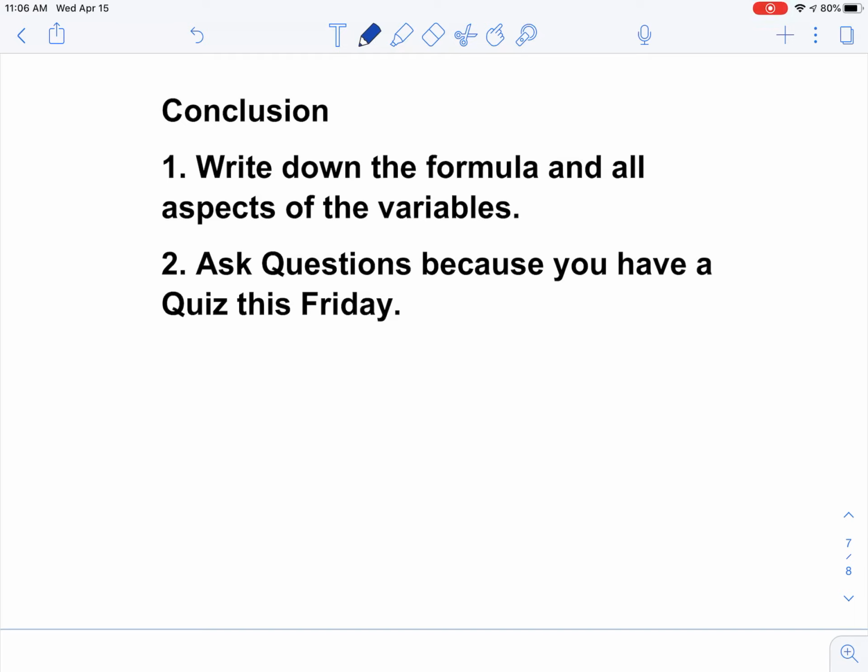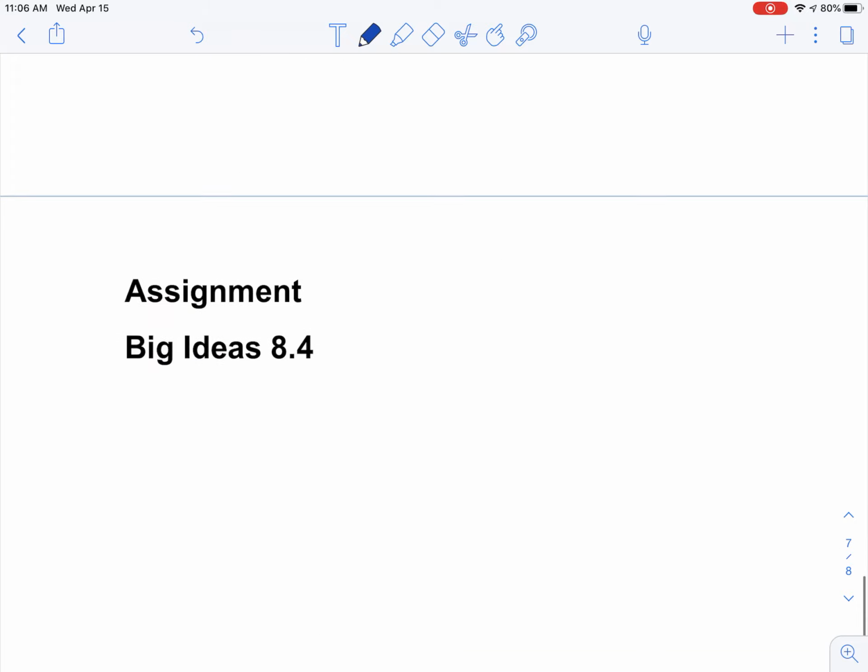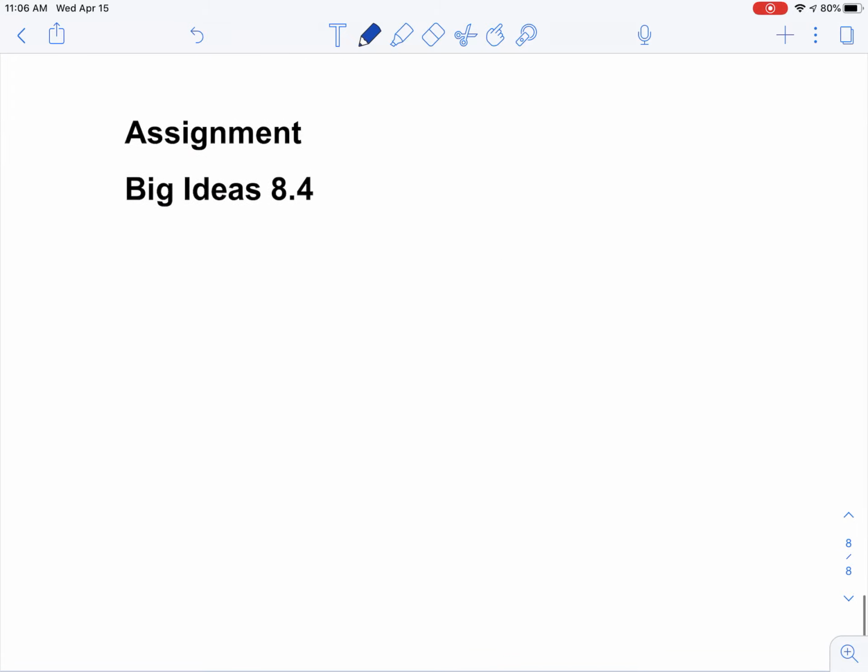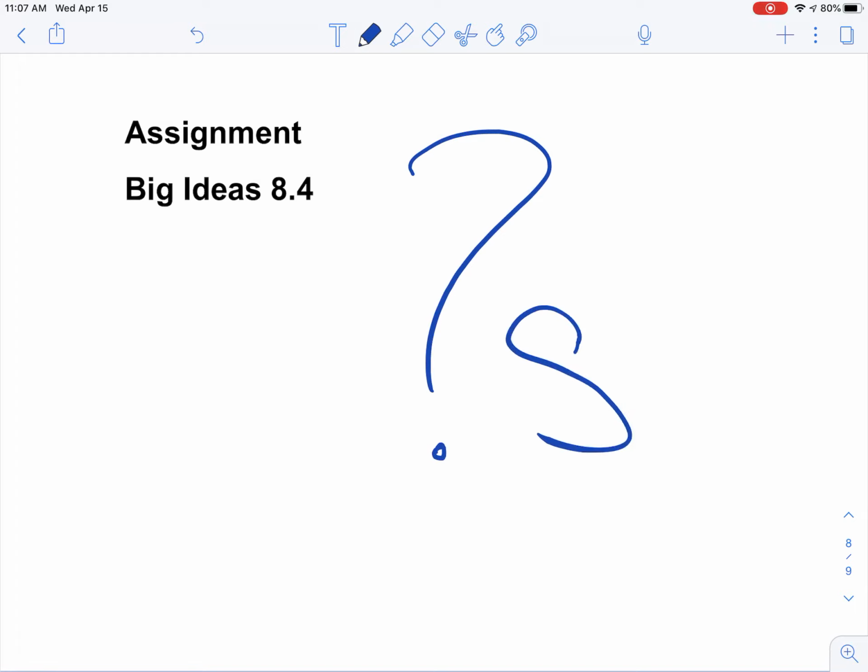So make sure you write down all the formulas and the aspects of the variables so you know what they are. Have them ready when you do the review tomorrow and take your quiz on Friday. Ask questions because this quiz is on Friday. All right. Problems that you're going to have to do is Big Ideas, 8.4. Good luck, and remember,